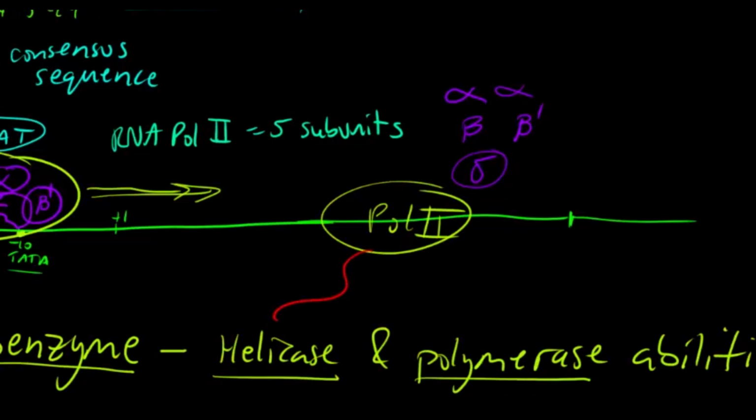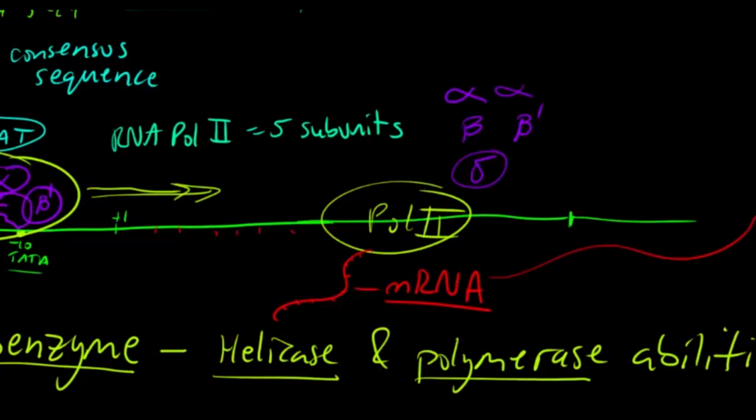It's coming off here, and as it's reading each nitrogenous base, it's adding the complementary RNA nucleotide to this messenger RNA strand,